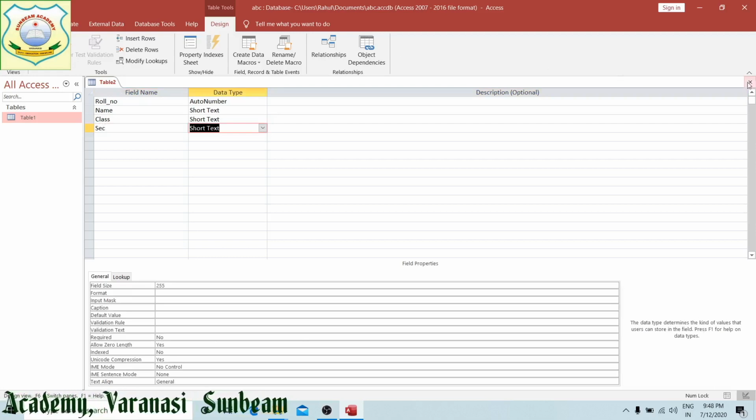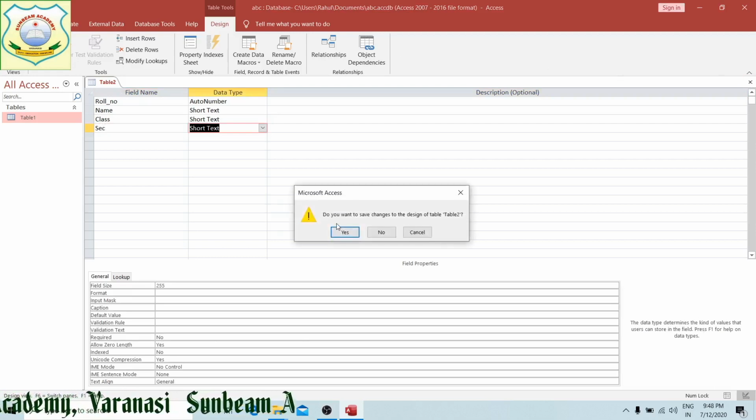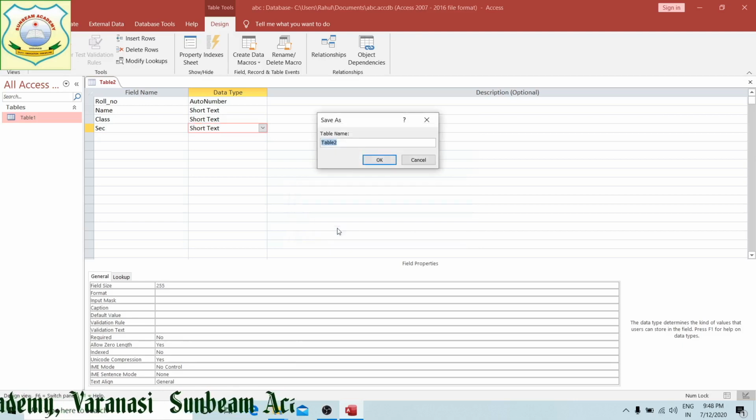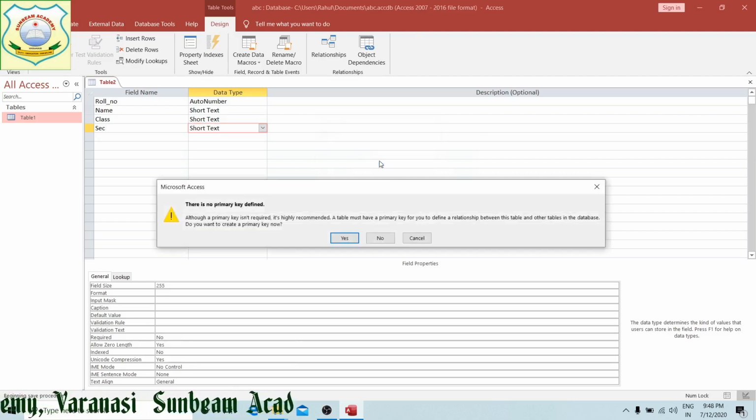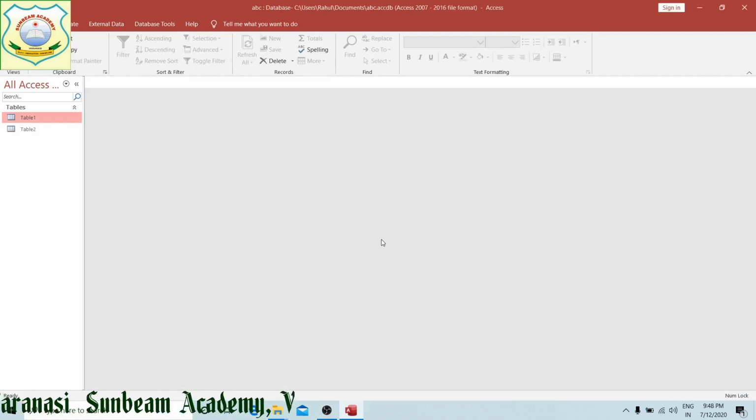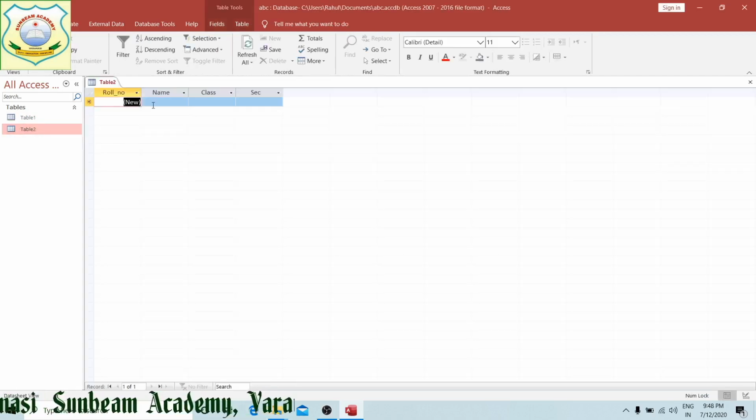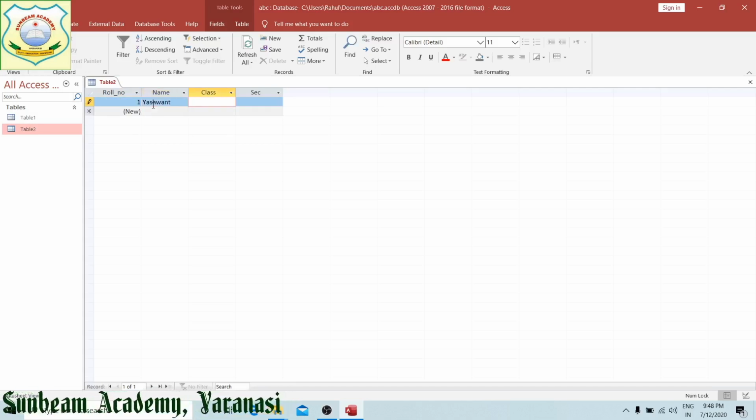Now save it. After saving, it will ask you for the name of the file. Give any name. Then it will ask for the primary key. There is no primary key defined. No, I am not going to define it right at the moment. So I have clicked no. The file has been saved. When I click onto it, now you will see I have given a name, class and section.